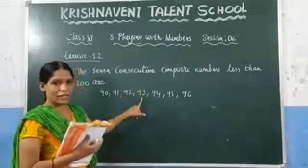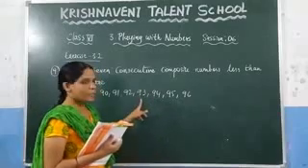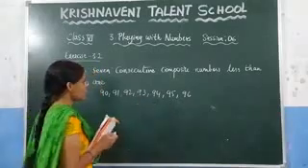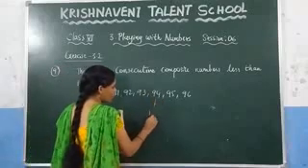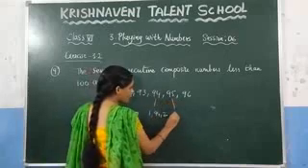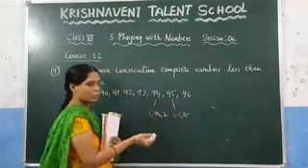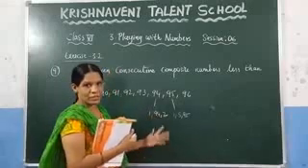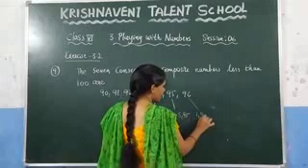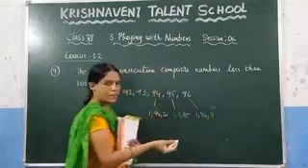Similarly, this 93 you will get in the 1 table, the 93 table, and in the 3 table also. So it contains more than 2 factors. Similarly, 94 you will get in the 1 table, the 94 table and the 2 table. And this 95 you will get in the 1 table, the 5 table, the 95 table and some more. You just need to write more than 2 factors. That is the condition. And this 96 you will get in the 1 table, the 96 table, and similarly in the 3 table, right?